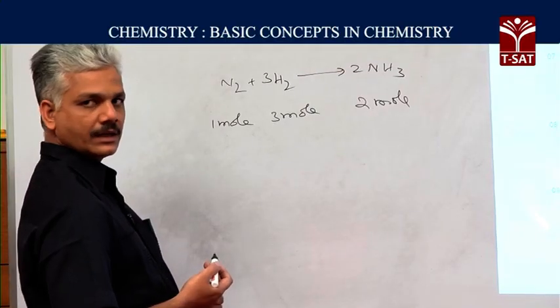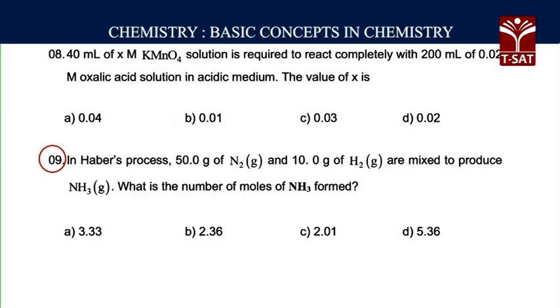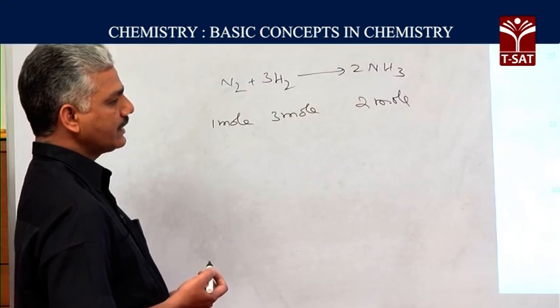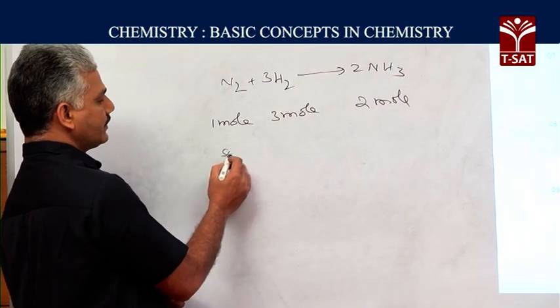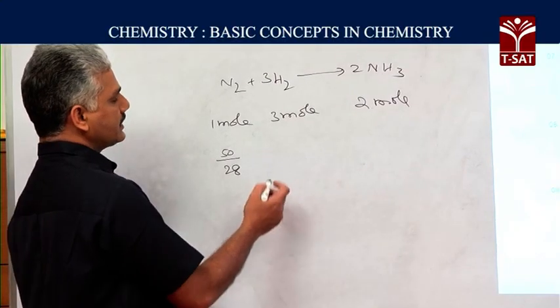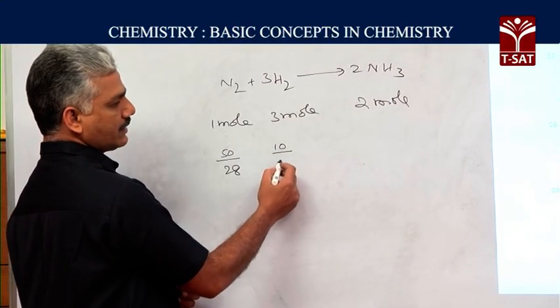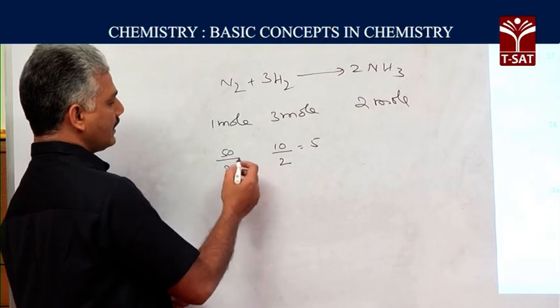Now, the data in the problem says 50 grams of nitrogen is made to react with 10 grams of hydrogen. 50 grams in terms of number of moles comes out to 50 by 28, and hydrogen 10 by 2. That is 5 moles of hydrogen is available,